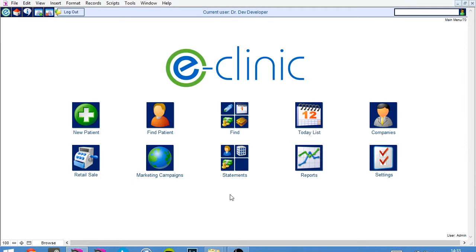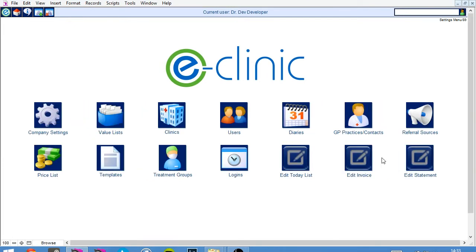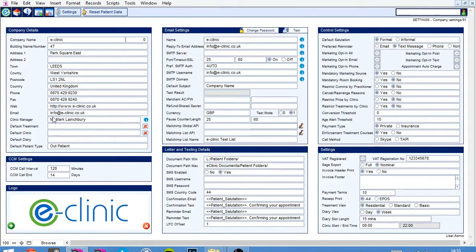In eClinic Pro, the settings area allows configuration of many of the different aspects of the software. From the main menu, you can navigate to the settings menu and first look at the company settings. In the company settings, you'll see your company details, your company name as it will appear on tags when text